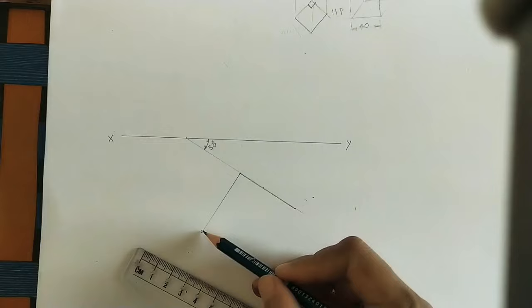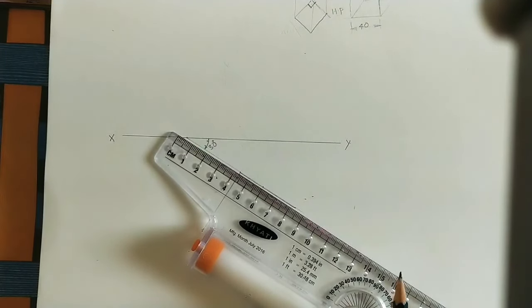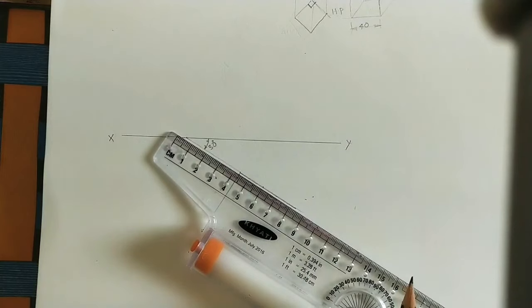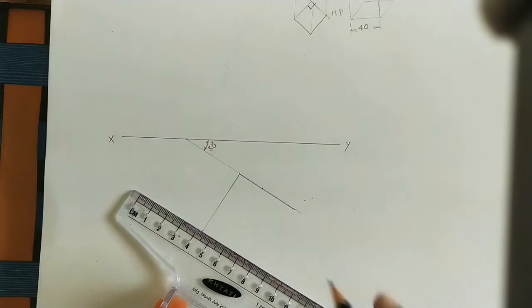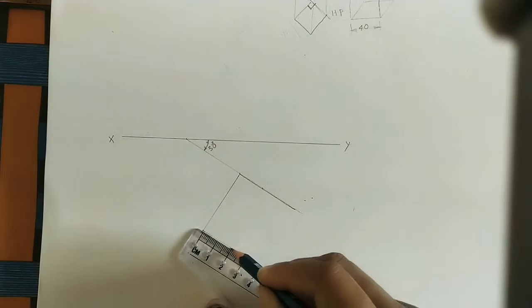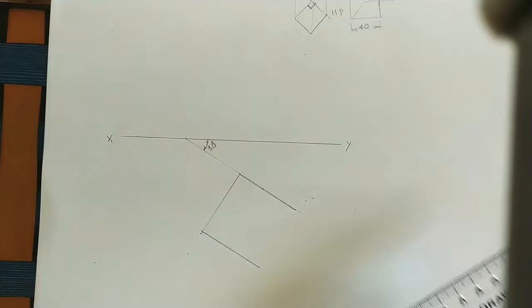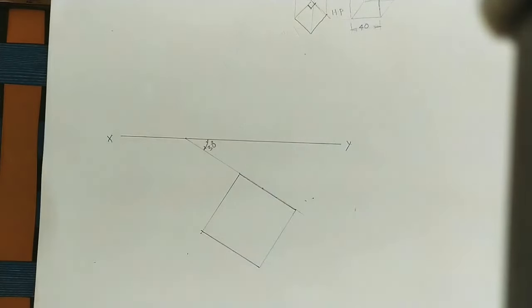Now here at this point I will take the line parallel to this line. By using the drafter it is easy to do parallel lines. Use drafter scales for doing the parallel lines. So here take the line, on it take 4 centimeter, make it dark and join these two ends. Okay, this is the top view.